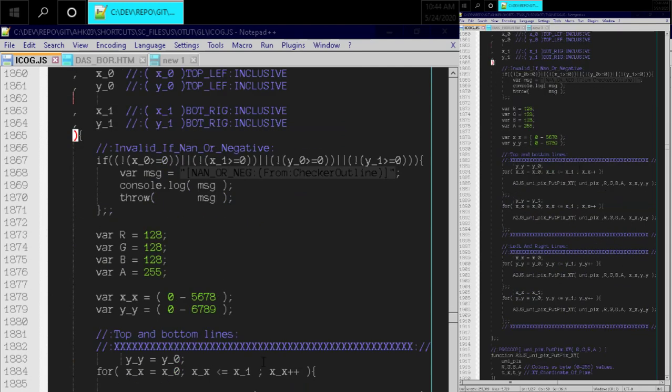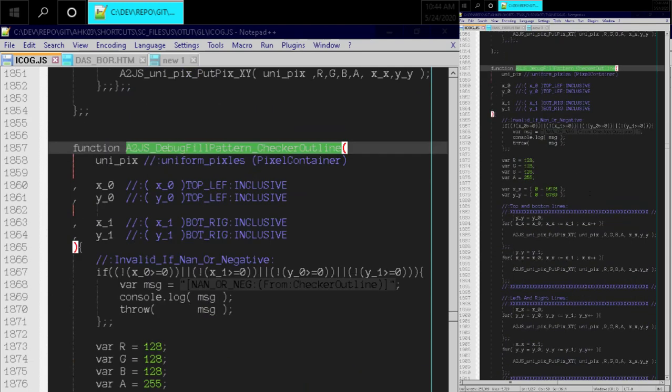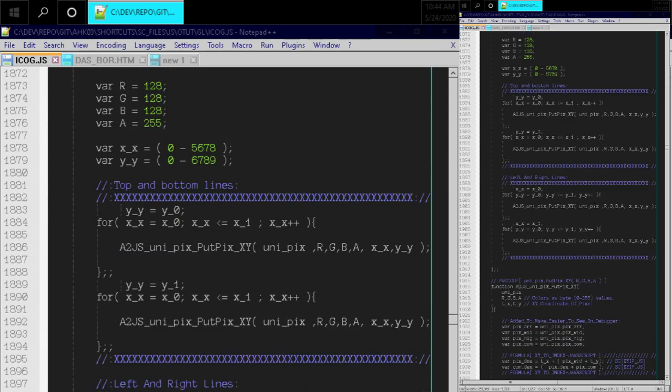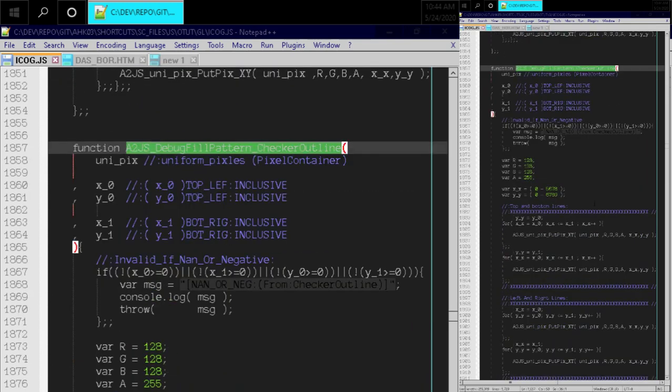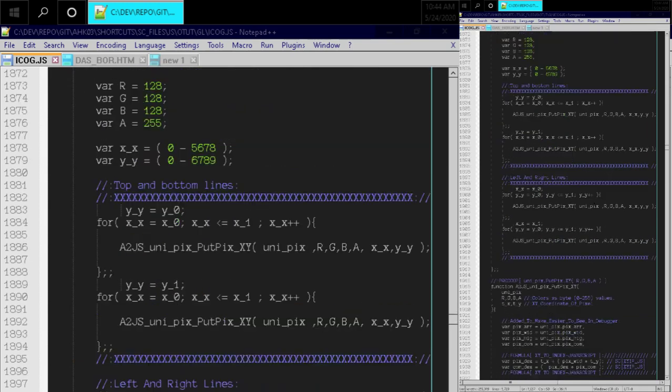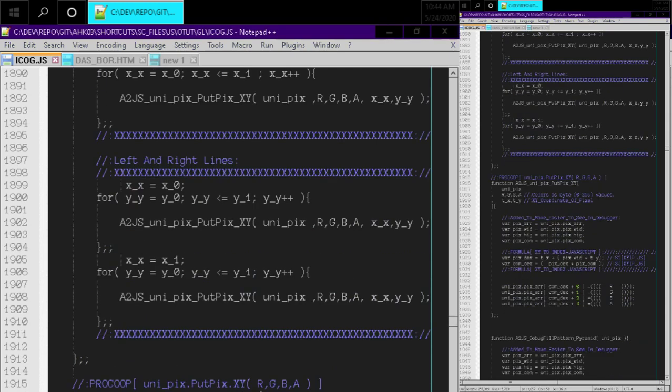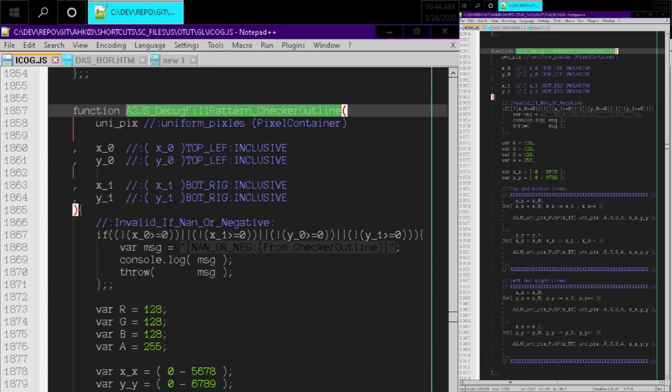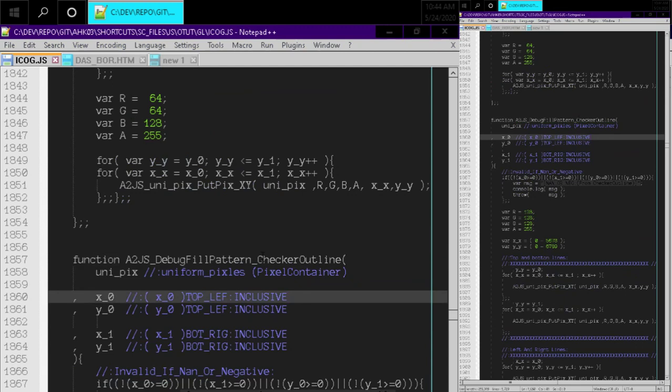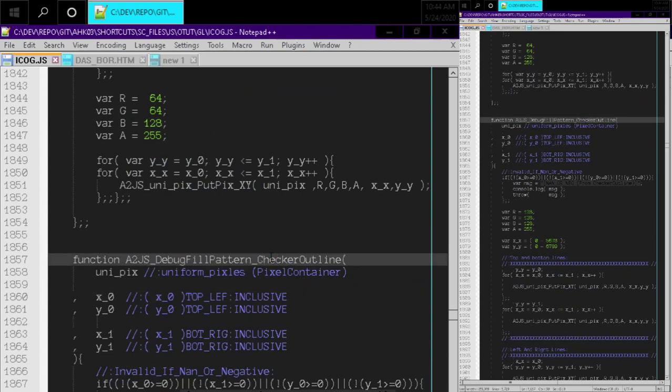RGBA right here. Where is that? Okay, 128, so that's gray. Yeah, I mean, most of it, right? We could copy paste this logic eventually if we want to actually create some type of checker outline code. But right now, what we're going to do is take checker outline and search for every occurrence of that and just replace it with